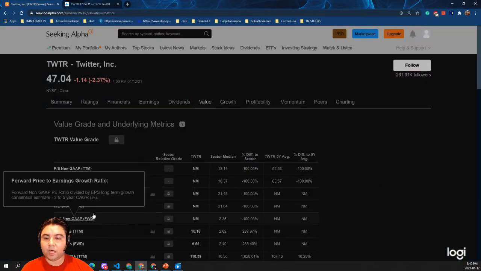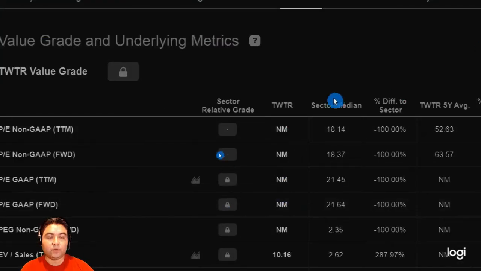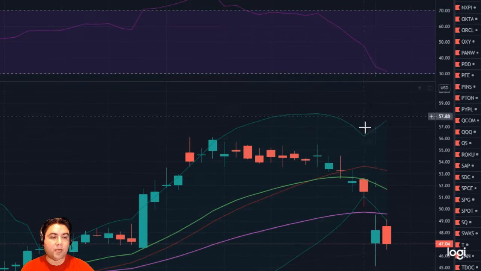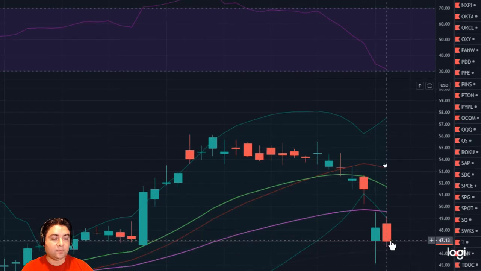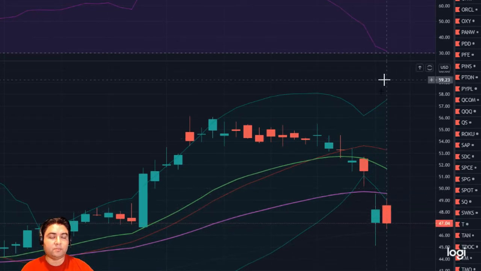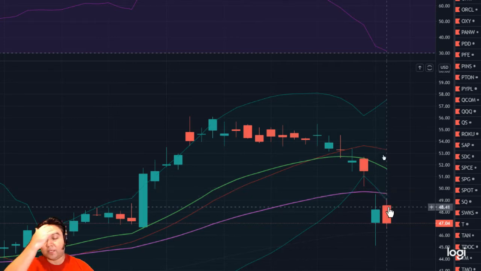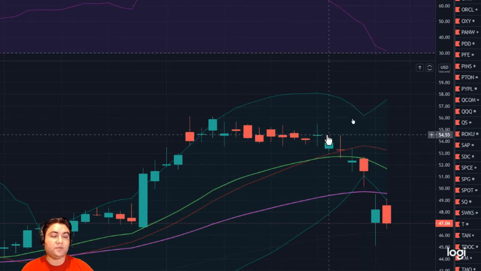Right now, we are going to talk about the forward PE ratio gap in comparison with the sectors. Currently, we have a sector median of 21.64, but unfortunately, we don't have enough data to show for Twitter. I just want to show you this specific graph, how close to date as of January. Currently, it closed at $47.04. This was a very good number to try to buy some stocks. I recommend, if you are a swing trader, that you can test it, and you can sell it as long as it's still in the average of the